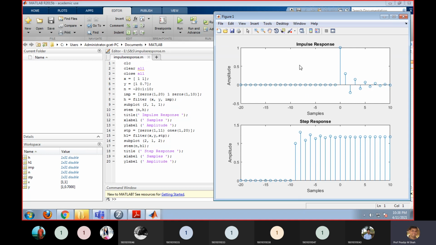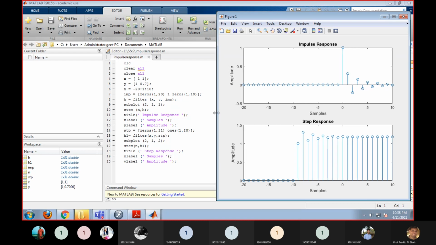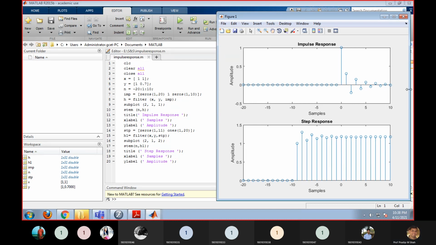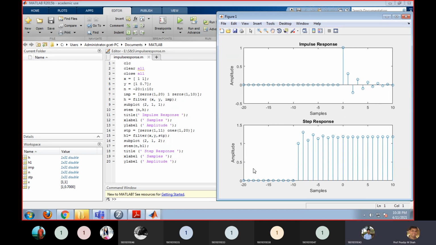In the figure, the upper one is the impulse response and the lower one is the step response. Figure दिख रहा है? Yes, sir. Okay, now let me explain how this works.